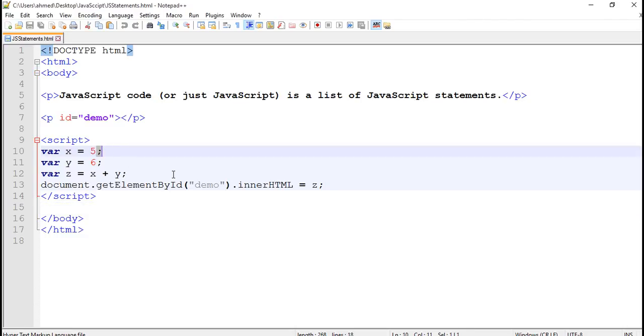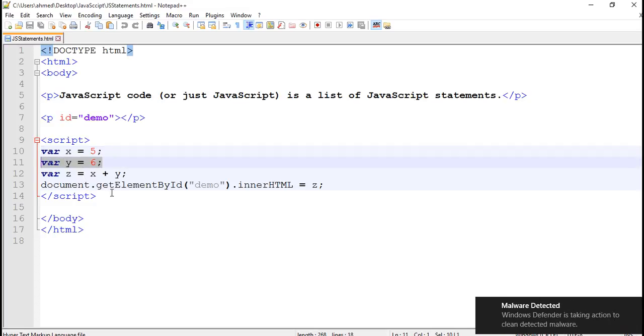The semicolon is what terminates a statement in JavaScript and in any other programming language. What is the meaning of terminating a statement? It basically tells the compiler and the execution of this program that this statement is terminating here. So if we want to write another statement right after it, we just put a semicolon here.